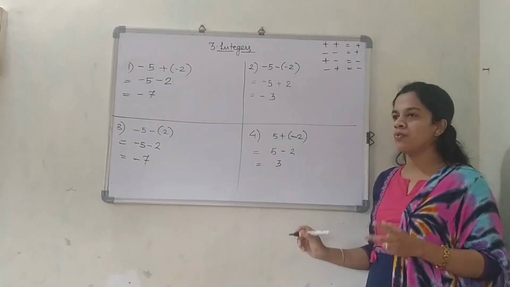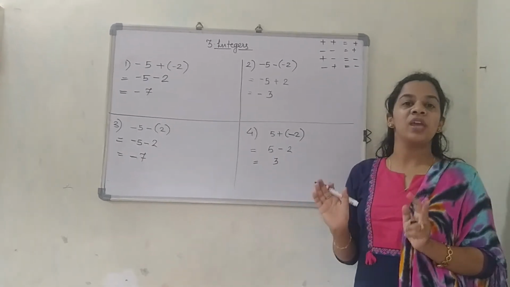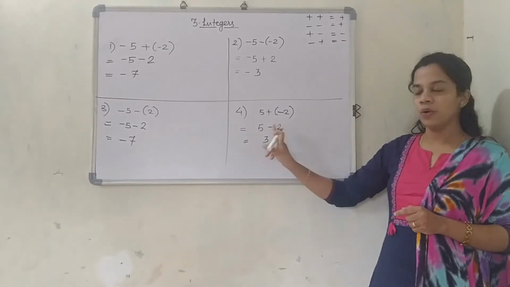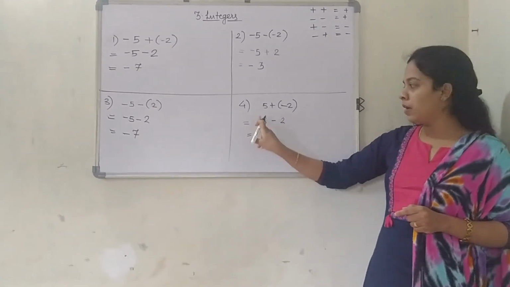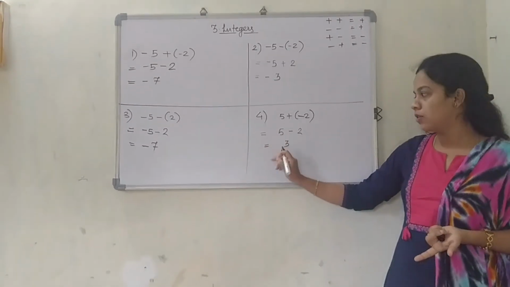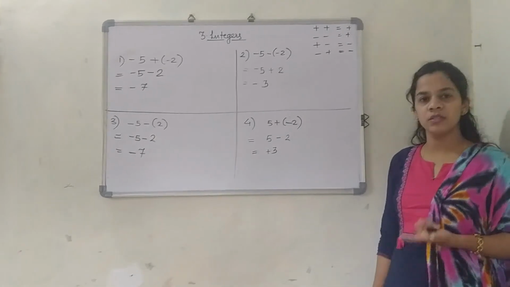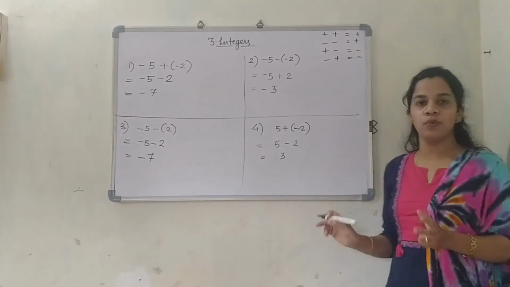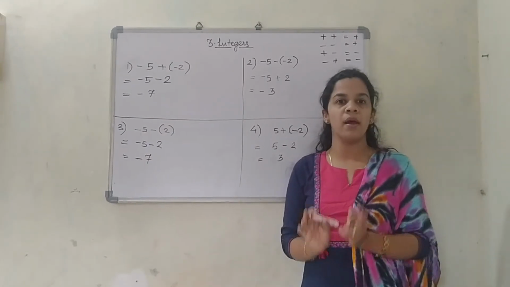Just focus now. You will be thinking, as we said before, check the bigger number's sign. Which is the bigger number from 5 and 2? 5 is bigger. There is no sign. If there is no sign, which sign is present? Yes, it is the plus sign. So automatically this will also have plus. If you are not supposed to write it, don't write it, no issue. But when it is negative, you are supposed to mention it with a minus sign.